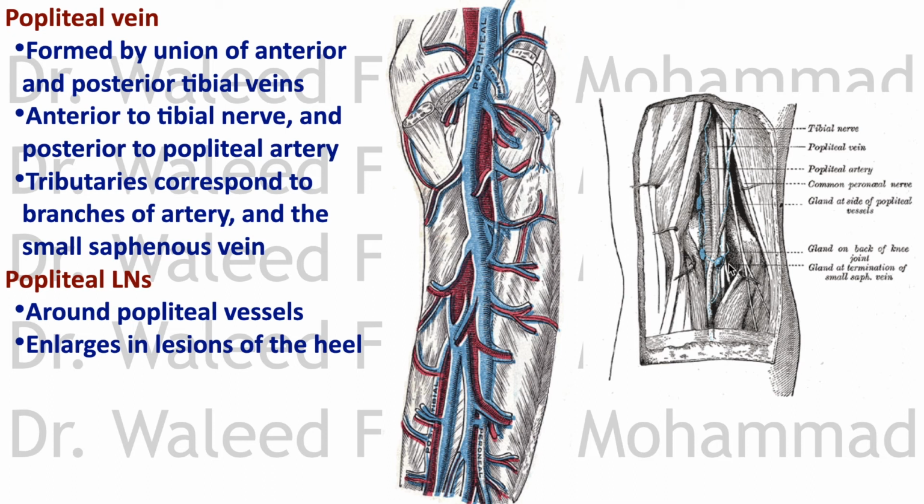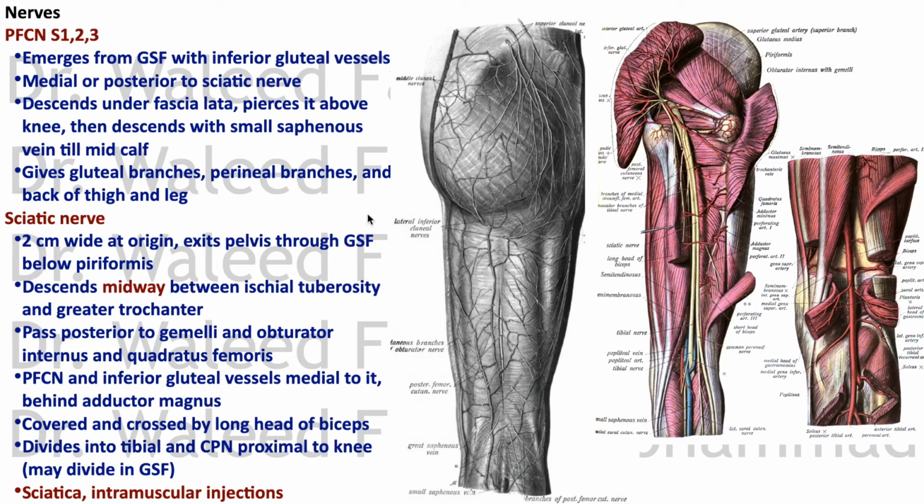As you can see here, these are the lymph nodes that are scattered around the vessels. The nerves, we have the posterior femoral cutaneous nerve. This is the posterior femoral cutaneous nerve covering the roof of the popliteal fossa and descending to half of the leg. The posterior femoral cutaneous nerve emerges from the greater sciatic foramen below the piriformis muscle, medial or posterior to